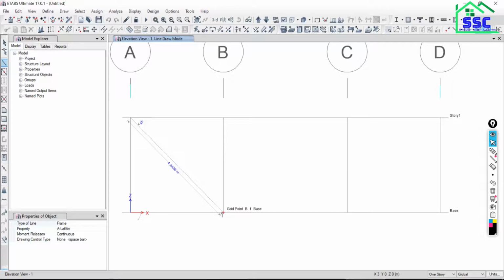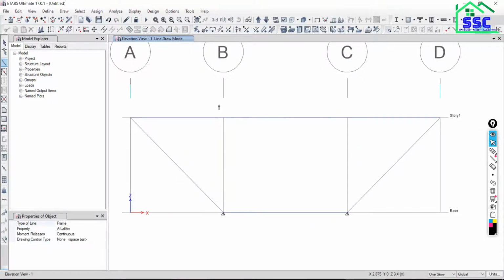But remember that unless and until you are getting the red mark, don't click at that point, otherwise there will be an error in your model. So just click here. Now it's done. Now come to this point. With the command active, just come to the required point and click here. So this is all done. Now just come back here, click. Now click at this point. Now move to the base point, the origin point, just click here. So this is all done. All these members we have drawn there.